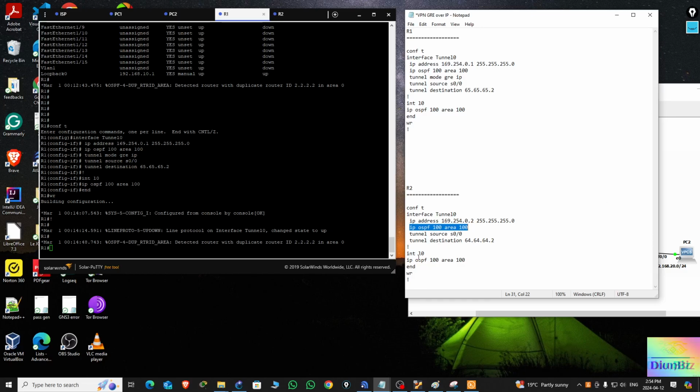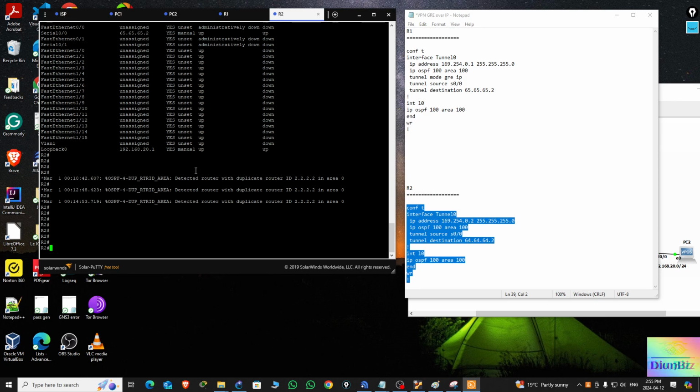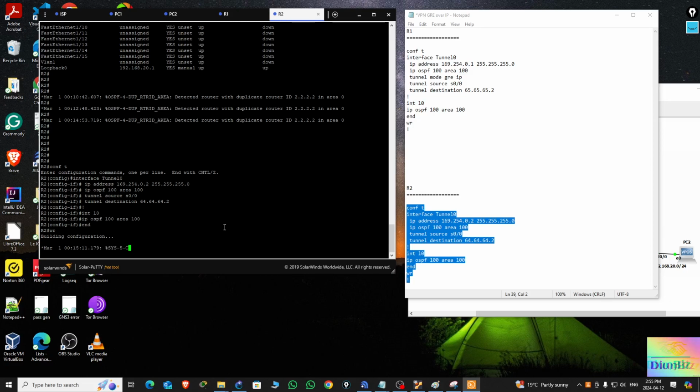Also, we make sure that the loopback interface is injected into OSPF. So we're just going to copy here and paste into R2. Once this is done,